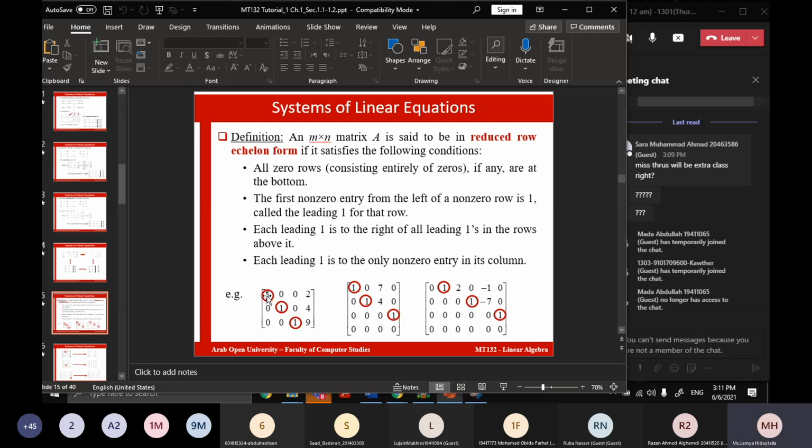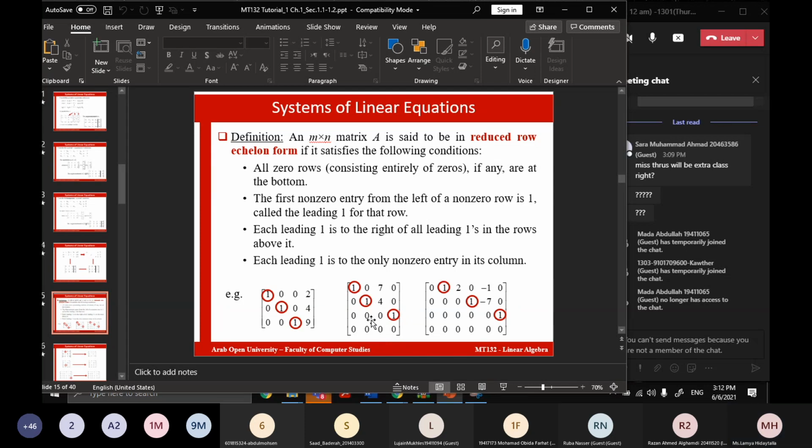Then the third condition is that the leading one is the only non-zero entry in its column. So here, in the column of the leading one, all the others should be zeros. And every leading one should be to the right of the previous one. So this is to the right of this, and this is to the right of all the others. If all these 4 conditions are satisfied, then we can say that this matrix is in echelon